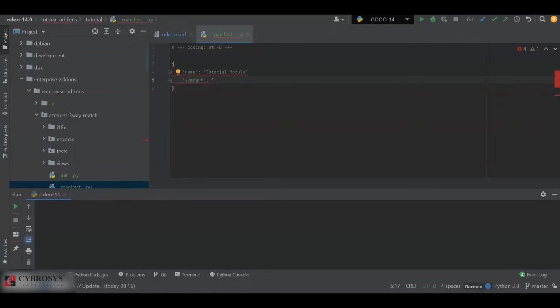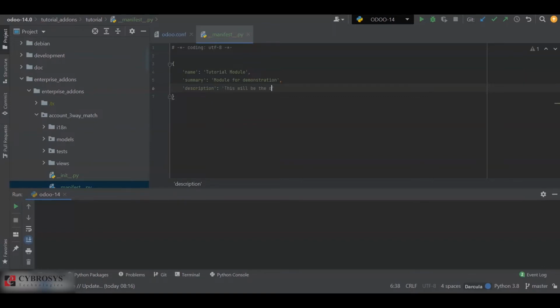Next, we'll add a summary for our module. This will be a short description for our module. So not a description, a small summary for it. Let's say, module for demonstration. Next, we'll add the description for our module. For that, add the description attribute, and inside that, add a small description.